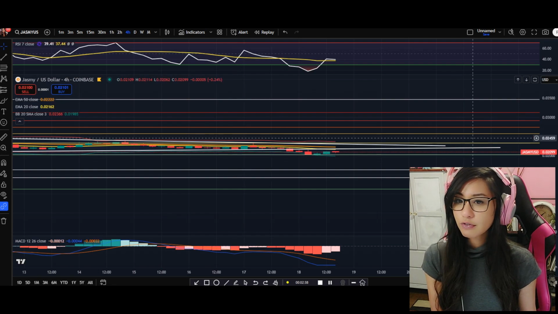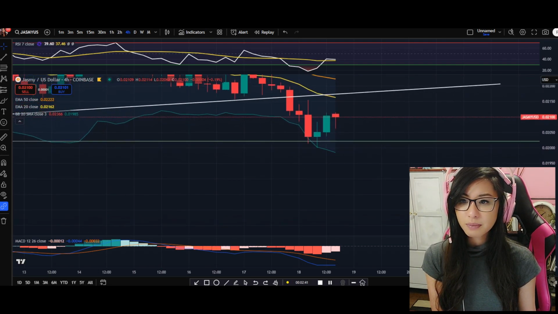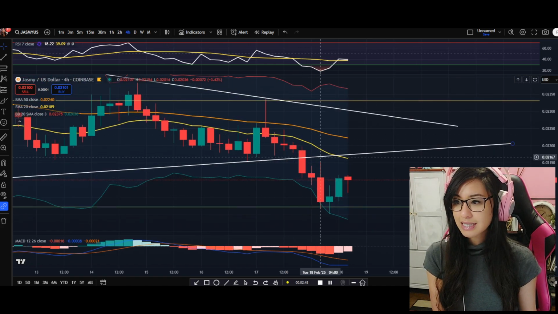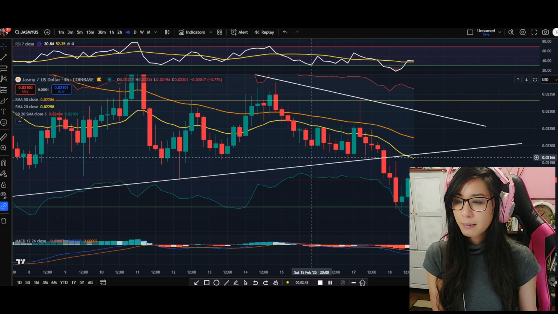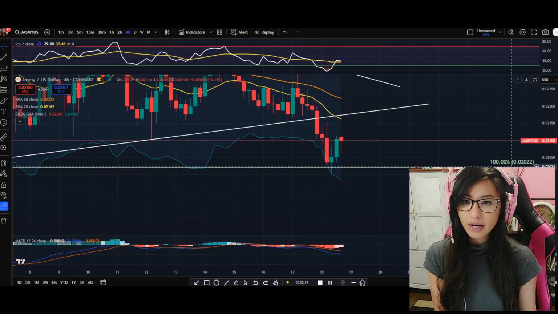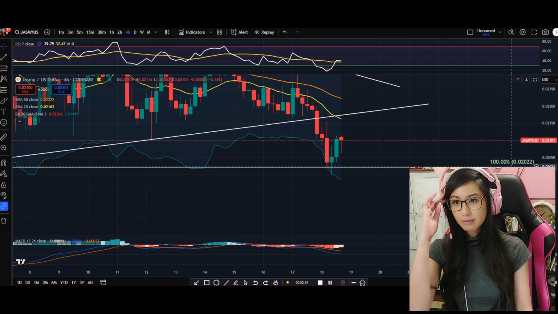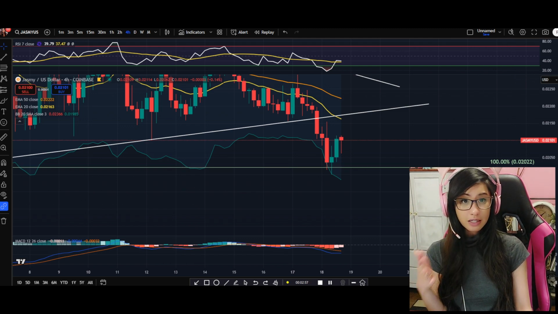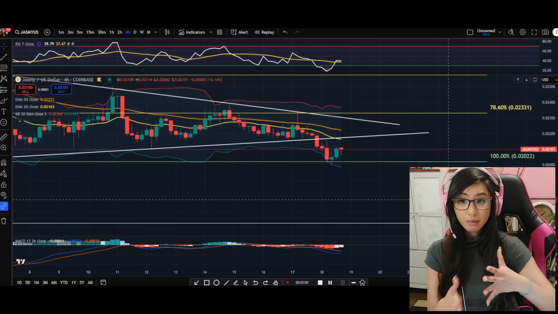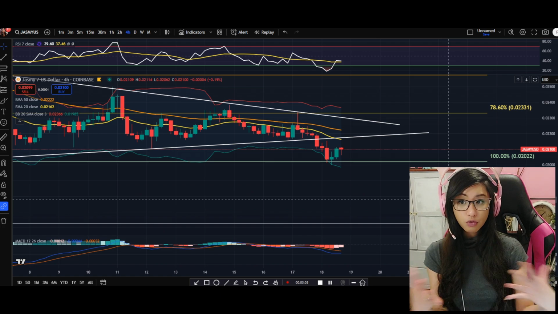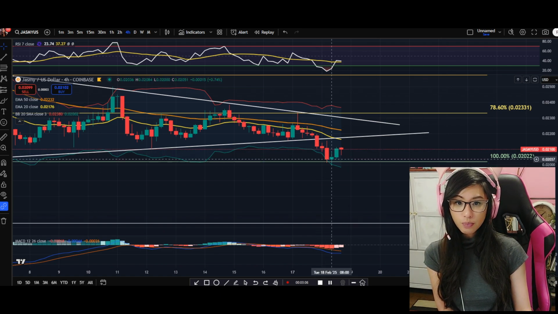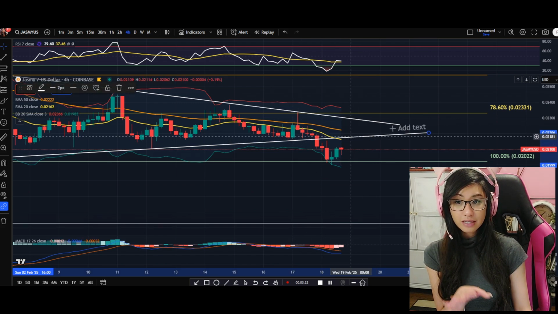But quickly taking a look at the 4-hour time frame here, it has been confirmed that the breakout has dropped towards the downward side in this triangle pattern. Price is struggling to hold here closer to that 100%. Now, what's really interesting when it comes to Bollinger Bands, not only does it measure volatility and how fast the price market moves, it also measures oversold and overbought conditions. So we can see that down at our support of 100% of our Fibonacci, the price itself touched the bottom band and now it's retracing to the top. So we may see the price possibly come up to retest again our bottom symmetric triangle support line,